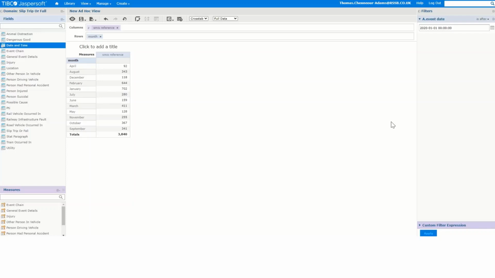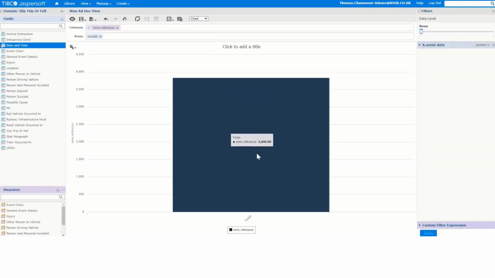Once you've produced a crosstab that you're happy with, you can turn it into a chart if you wish. To do this, you can just select crosstab here and use this drop-down menu to select chart. As you can see, when it first loads in, you'll be presented with a single bar on a chart. This gives the total number of events that have occurred that meet your remit based on filters and the domain